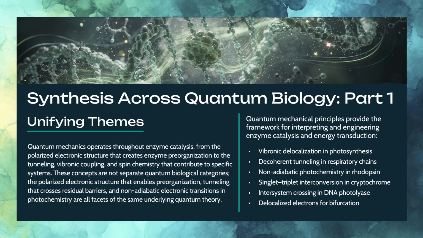We've considered vibronic delocalization in photosynthesis, decoherent electron tunneling in respiratory chains, non-adiabatic photochemistry in rhodopsin, a photoreceptor of the eye, singlet-triplet interconversion in cryptochrome, the circadian photoreceptor that sets our daily biological rhythm, intersystem crossing in the DNA repair enzyme photolyase, and now in some depth, delocalized electronic structural effects for enzyme catalysis and energy